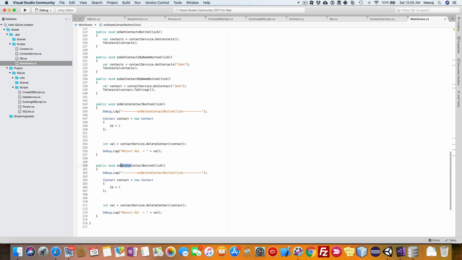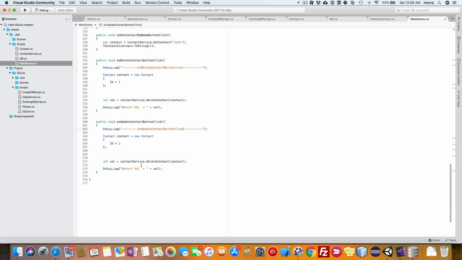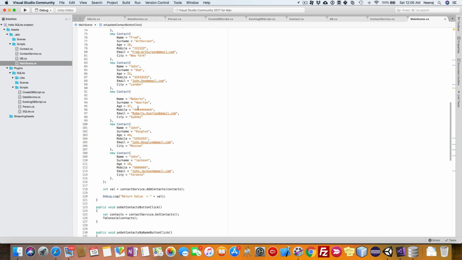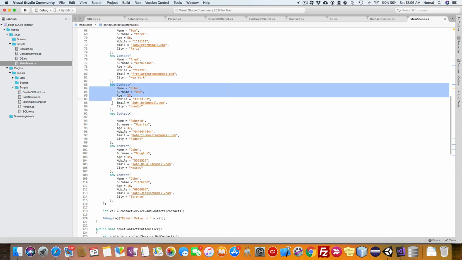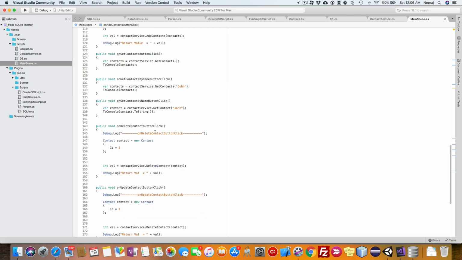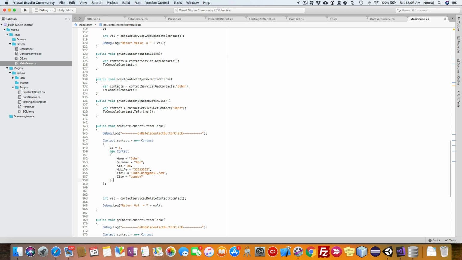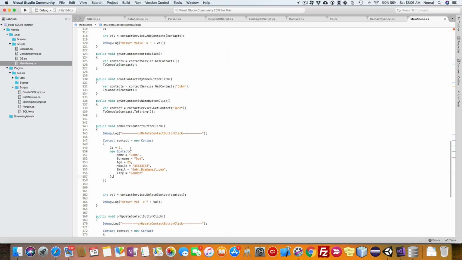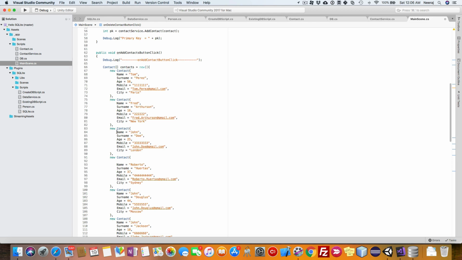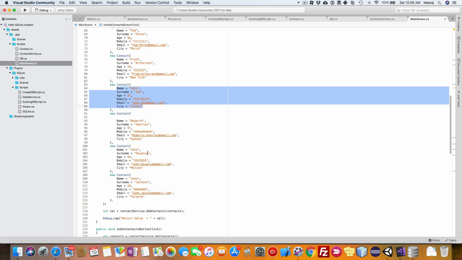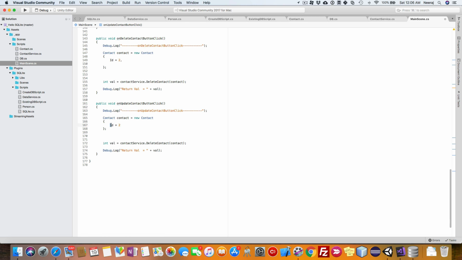Instead of delete contact, update, just on update contact button click, and we have to pass the ID, and I am going to, instead of John Doe, change it to Michael Doe. So we'll just copy it here. We can just copy this row only. So we'll have it here. So instead of John Doe, Michael Doe,